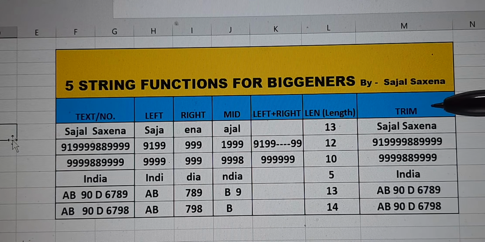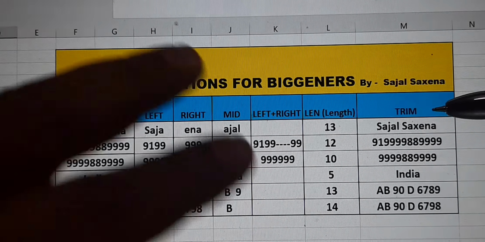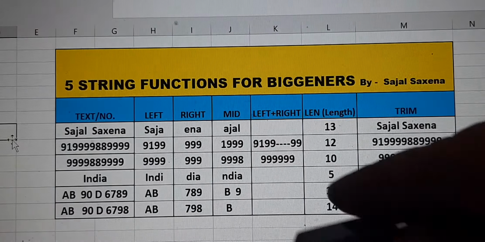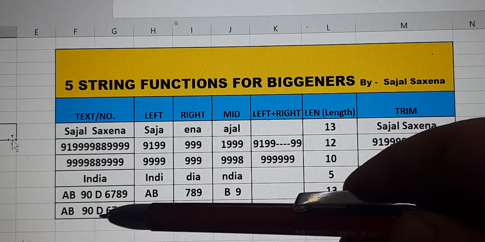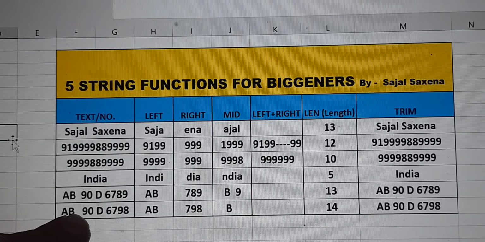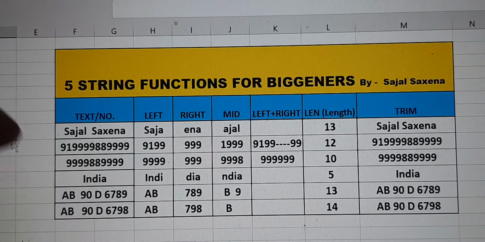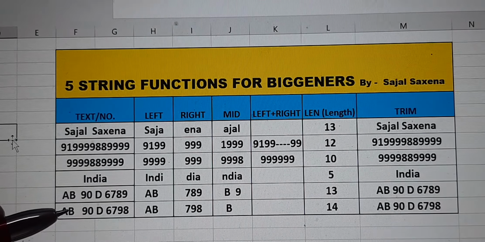This is very helpful with data wherein unwanted spaces are given in between the text. Like you can see here, it's AB, then two spaces, and then 90D. Here it is two spaces, here it is three spaces.